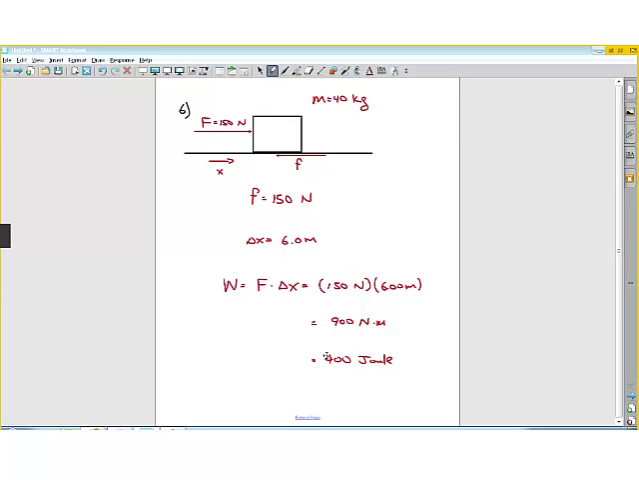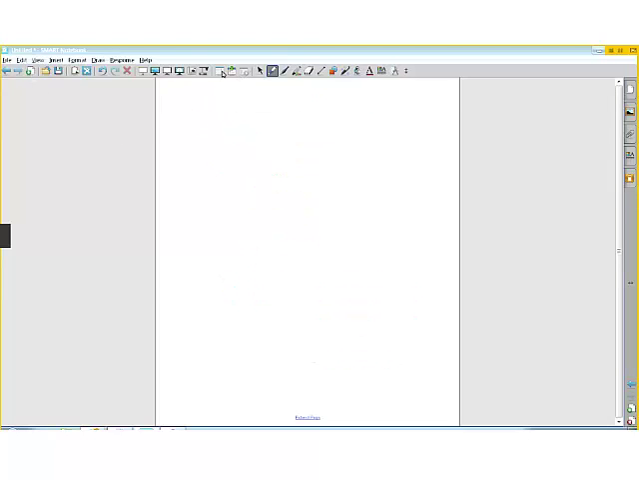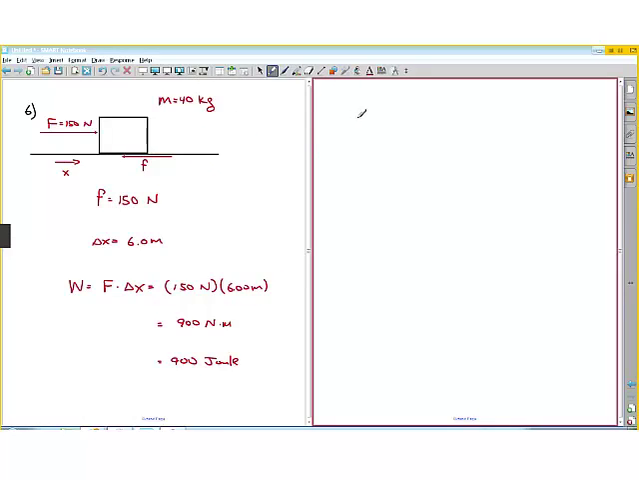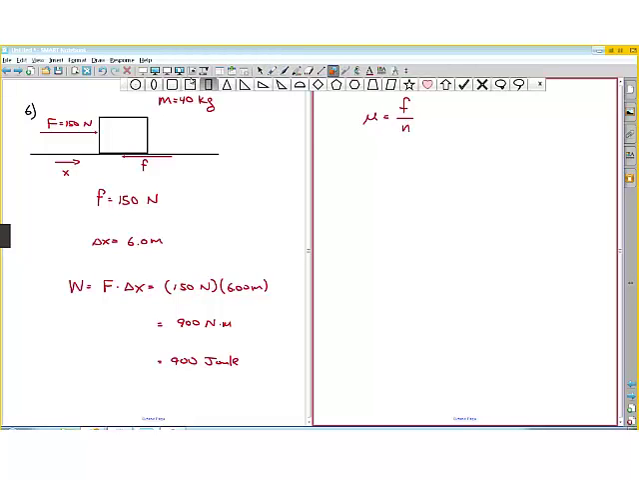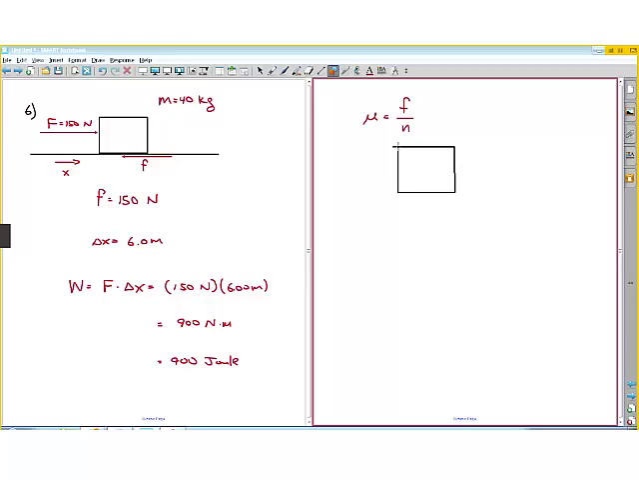Okay, the coefficient of kinetic friction between the crate and the surface. So let's put these on 2 pages. So the coefficient of friction, kinetic or static friction, is the ratio of the friction force to the normal force. And so if we draw a free-body diagram of this block, or whatever we call it, packing crate,